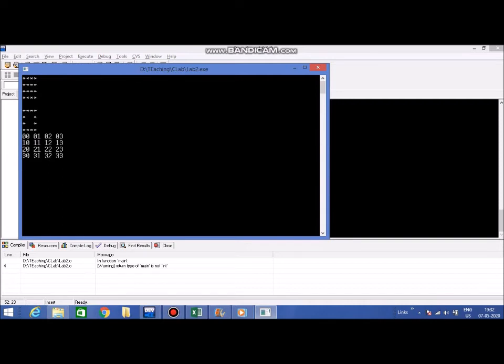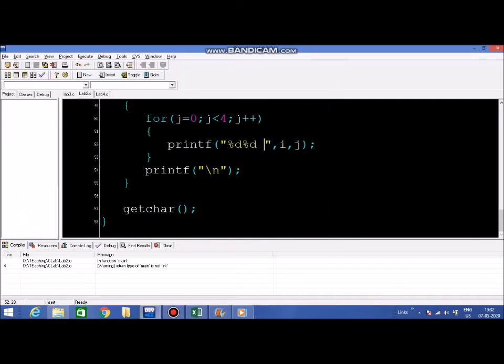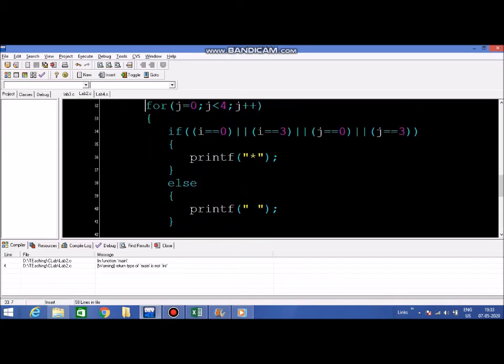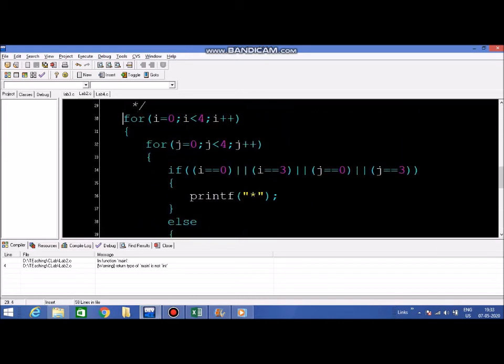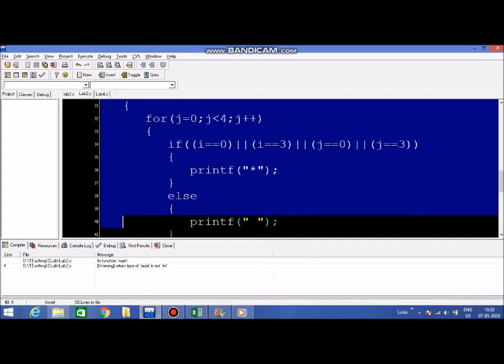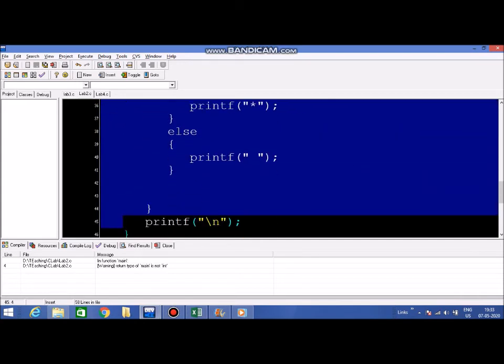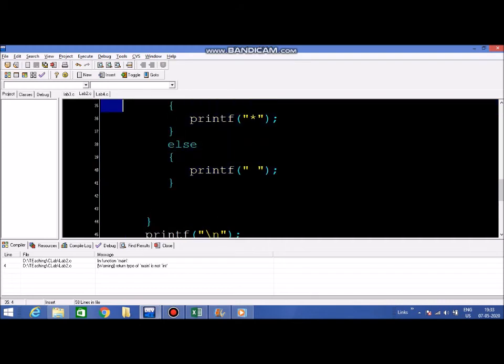So the first position is i, the second position is j. Now tell me, how do I print the diagonal? What do you see as the pattern in the diagonal? 0, 0, 1, 1, 2, 2, 3, 3. Do you see a pattern in the diagonal? We will use this to print the diagonal. Any guesses what the pattern is? Well, I'm sure you guys have guessed it. The pattern is that i and j are equal, like 0, 0, or 1, 1, or 2, 2. So it is repeating.